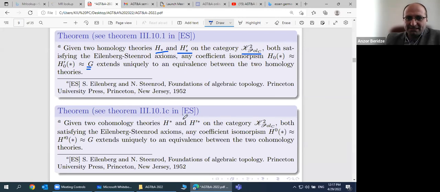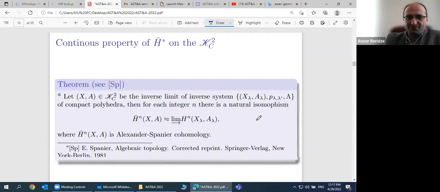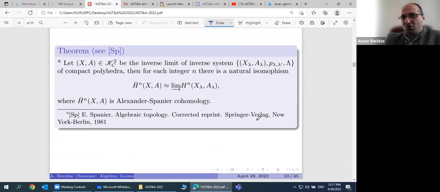And the same happens for cohomology. And so the Steenrod-Eilenberg axioms characterize homology and cohomology theory on the category of pairs of compact polyhedral spaces. And that's why the first approach to characterize cohomology or homology on a more general category was given in several papers. And one of them is